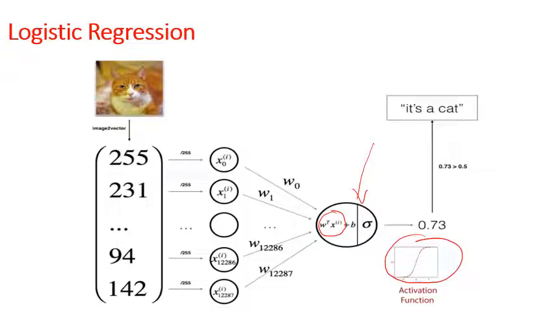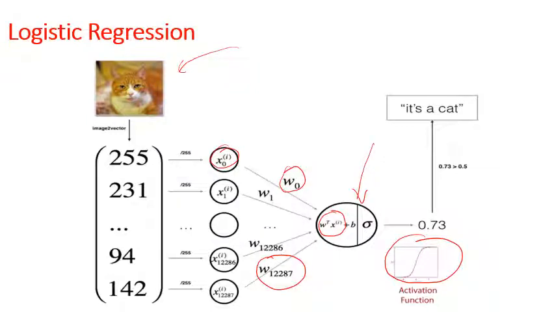If we take an image and flatten it into a vector, then each pixel will be an input feature for this node. So from x0 to x12287, these are all pixels aligned in a vertical vector form, and each pixel is getting multiplied with some weight w0 to